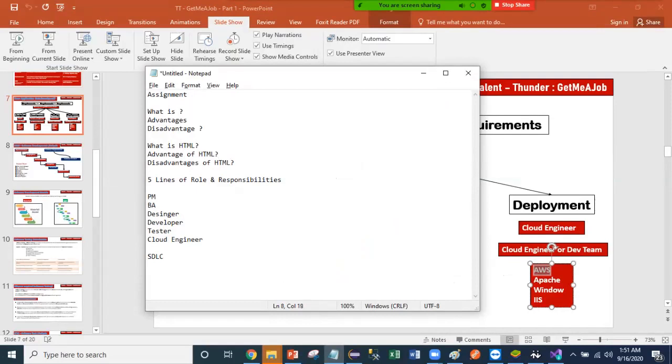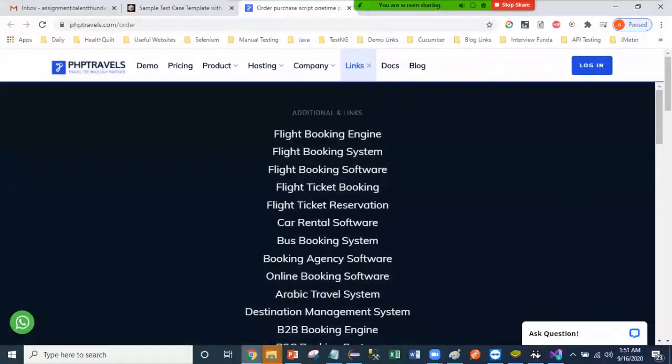You got my point. And then about this role and responsibility. So what can a PM do? What is the role of a PM? So if I want to find that out, I will just search